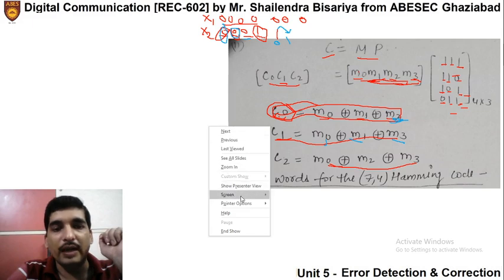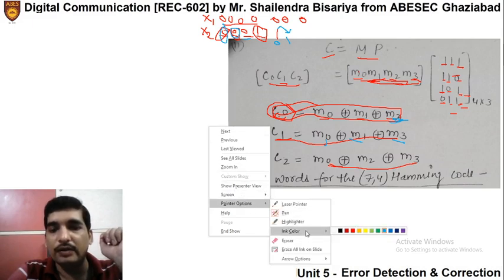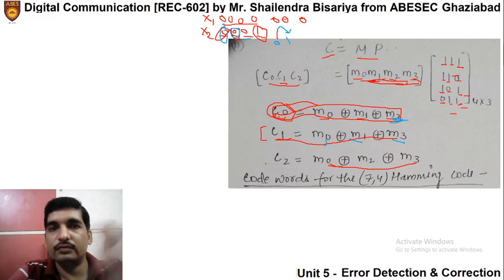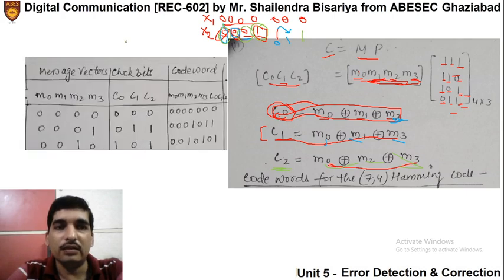Okay, and if we will see C3, for C3, the third bit, we will say M0, M2 and M3. So M0, M2 and M3, 0 0 1, so it will be 1, right? So let us see this. The first case 0 0 0 0, we have said that code vectors are 0, no doubt. The second case 0 0 0 1, we have found out that it is 0 1 and 1, so it is written here 0 1 and 1.